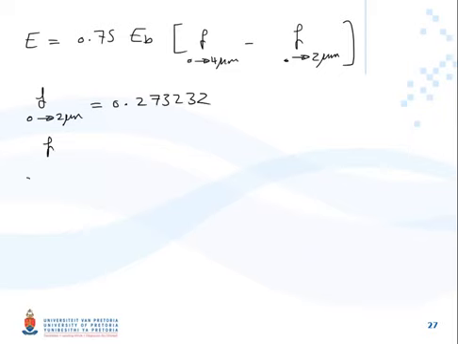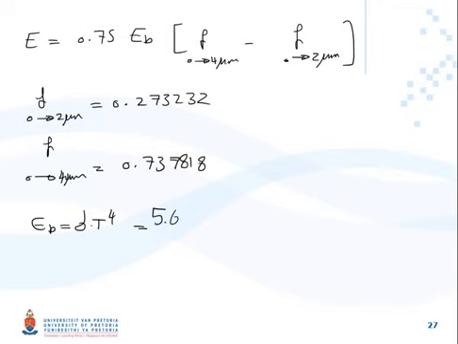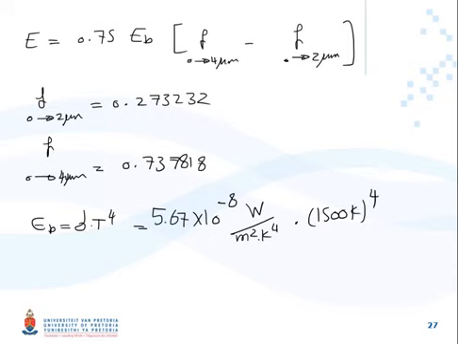F between 0 to 4 micrometer is 0.737818, and EB we know that is equal to sigma T^4. It's equal to 5.67 10 to the power minus 8 watt per square meter K^4 multiplied by 1500 Kelvin to the power of 4, which will be